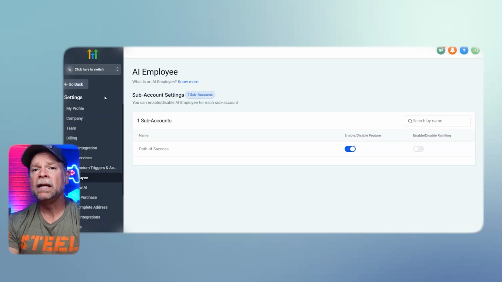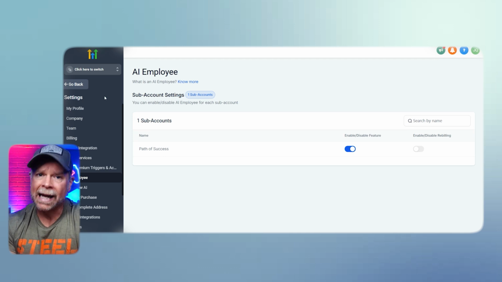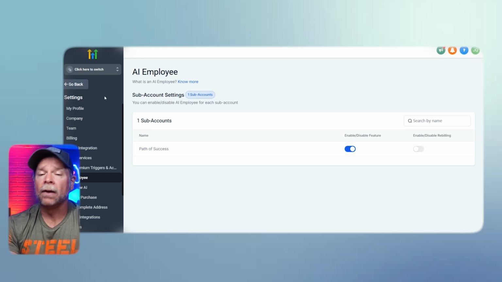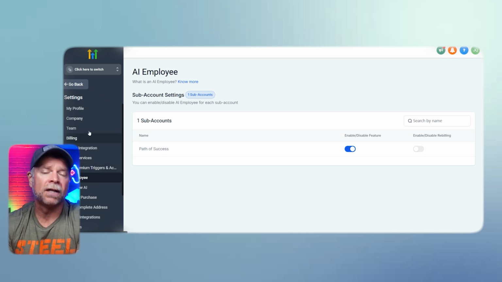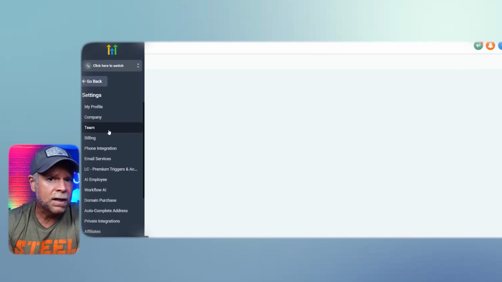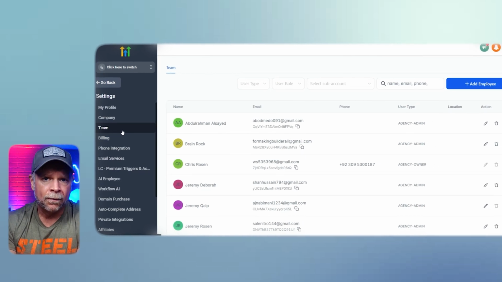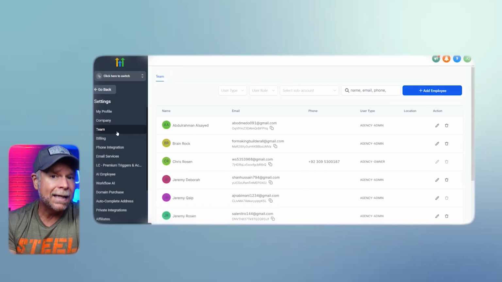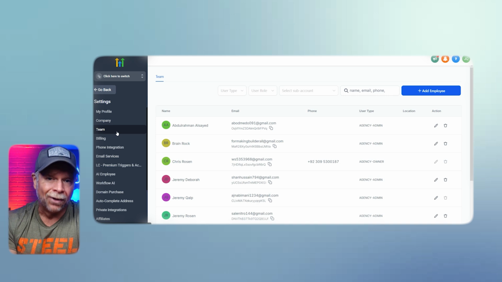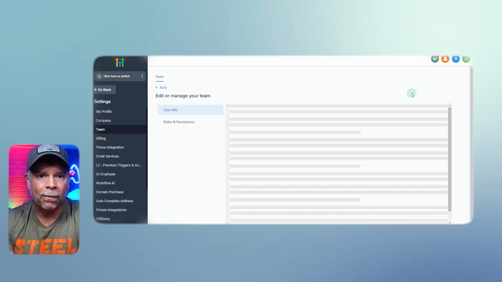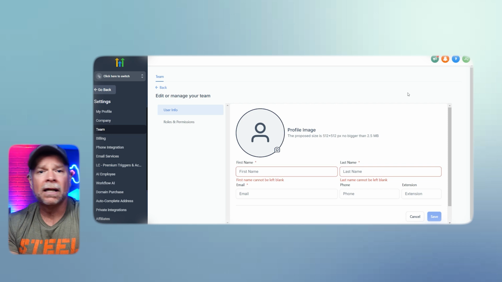To add a new team member, go to your GoHighLevel agency dashboard and navigate to the Settings tab. Scroll down until you find the Team section and click on it. Now, once there, you'll see a list of your existing team members. If you don't have anyone yet, it's time to add your first member by clicking on the Add Employee button at the top right. A form will pop up asking for basic information about your new team member, such as